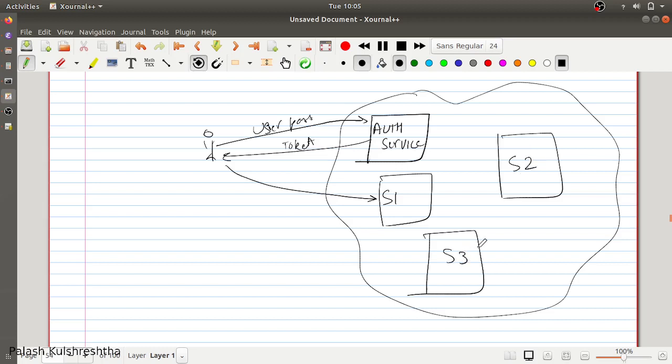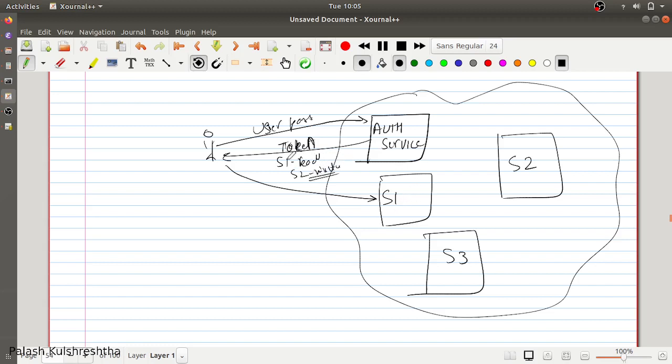And if you want to achieve greater granularity in the access this user should have, in the token you can have information like S1 based permissions like read, and S2 write, or whatever level of permissions you have created in your service.